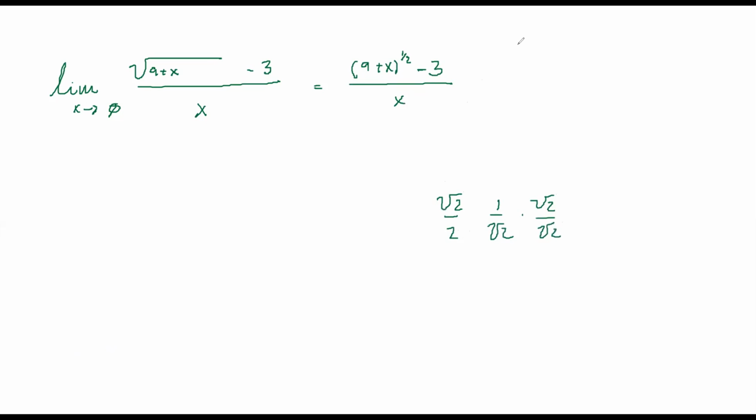For some reason, mathematicians don't like it when square roots are in the denominators. Not sure why, actually. Nobody's ever really explained that to me. So the original problem was written out as the square root of 9 plus x minus 3 over x. And you asked how I got the squared by half? Oh, this is the exponent. So this stuff in here is to the 1/2, like if it's x squared, x to the 1/2. It's the same thing. Something to the 1/2 is the square root of something.